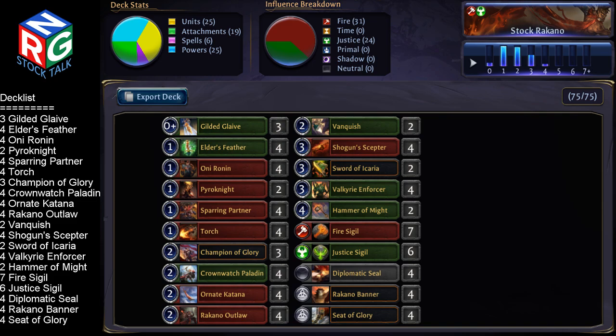Overall, I mostly scrapped the ideas from my list that were different from these 2 players, just because they have been tuning their decks. This is about as close as I think you can get to a stock Rakano list for what you have here. You have at least 6 flex slots. I would call the additional Katanas, the Vanquishes, and the Sword of Icarias flex slots that you can do whatever you want with. But for the moment, I would trust their judgment, go with the sparring partner versions,